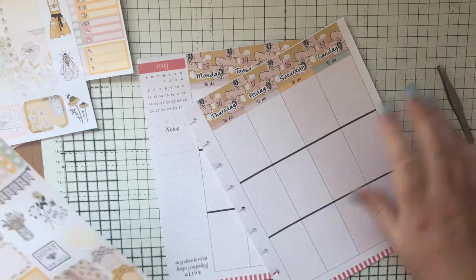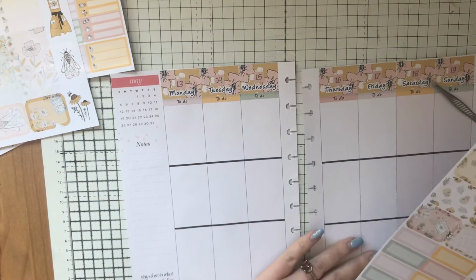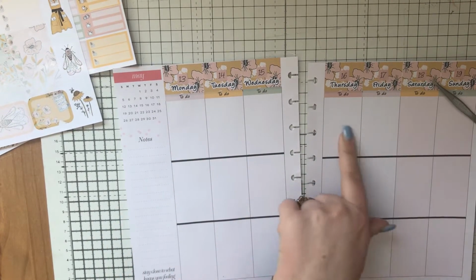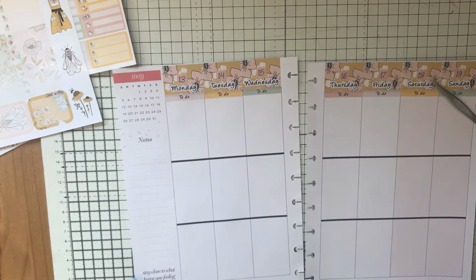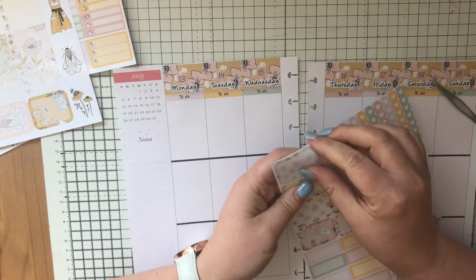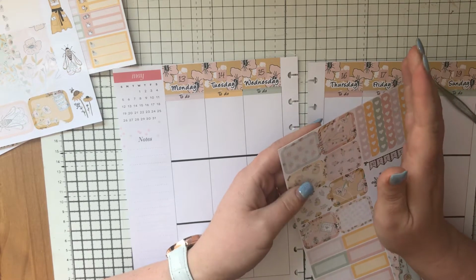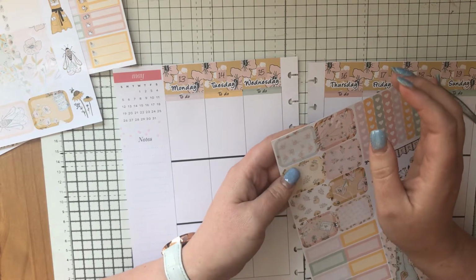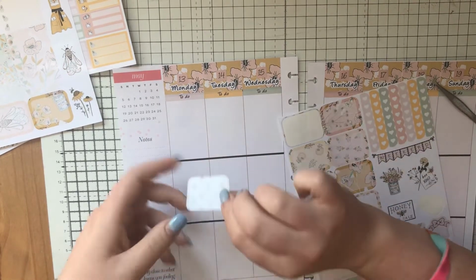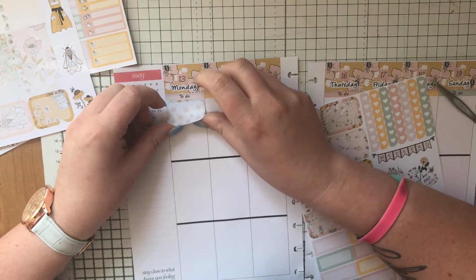So what I do now is I put my half boxes in, and the reason I do that at this point is because I used to do my full checklists up here, and I found it wasn't a really good use of space, and I never had enough space for my todays, so I just basically swapped it round. And it's perfect because my todays are just a guidance, if you like, as to where I want things,